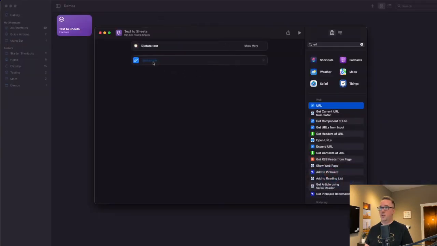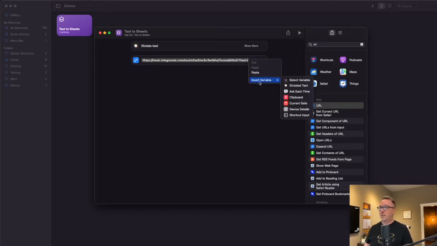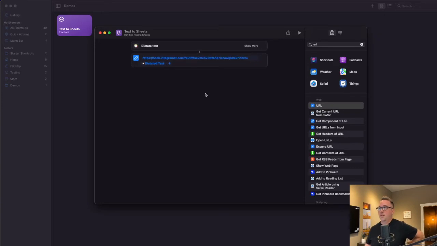So if I go over here to shortcuts and then type this in here, instead of hello world, at the end right here, what I want to do is take this dictated text and send it over to Integromat. So if I do this insert variable, what I can do is use dictated text from the previous step. So let's give this a try. So if I hit plus or play,